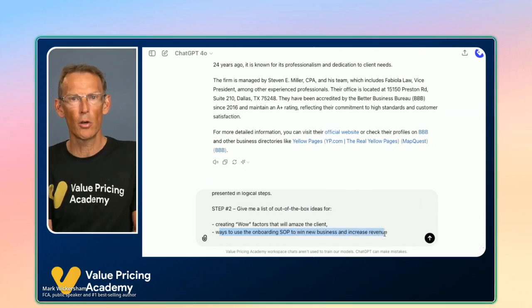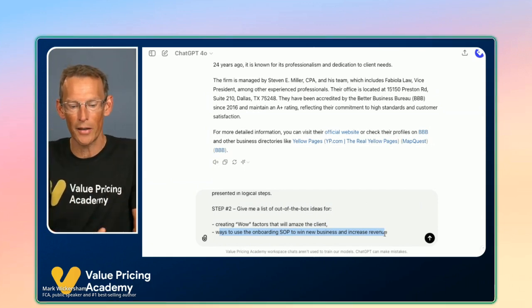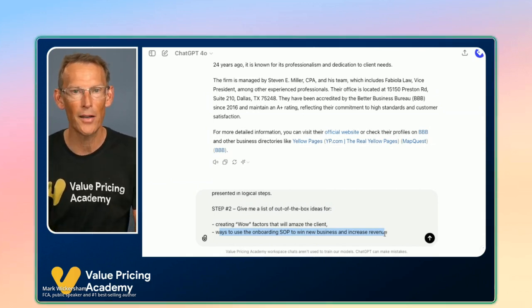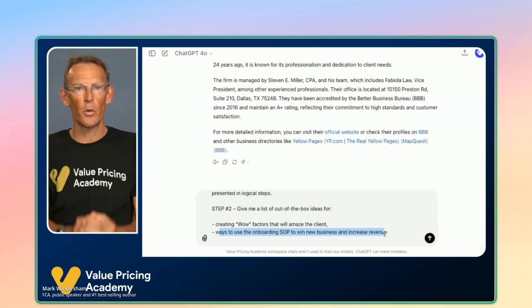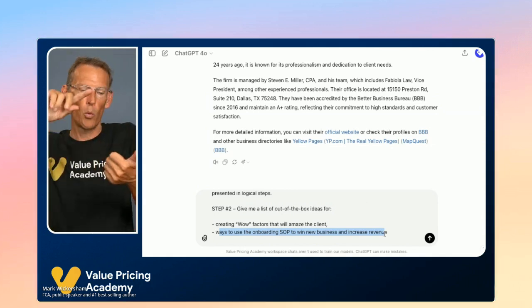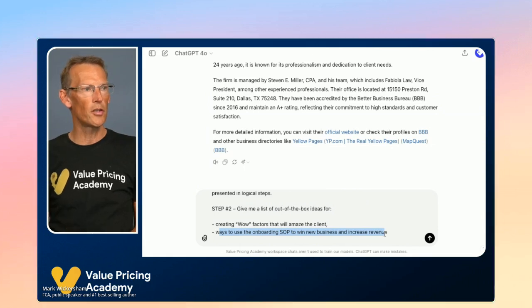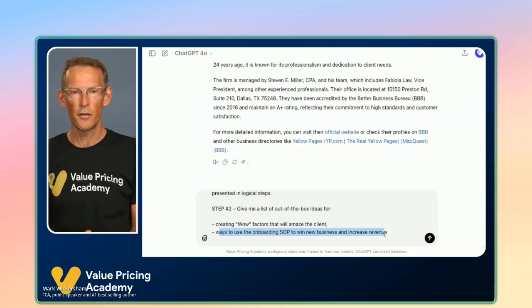Because I've asked it to play the role of a customer success manager. And what we want to do with any client-facing workflow in our accounting firm, with all of our client-facing workflows, is create magic moments, the touch points. When there's a moment to interact with the client, whether it's an email, a telephone call, a meeting, the more we can do something to just amaze them, a wow factor, the more they're going to say, crikey, this firm's amazing.